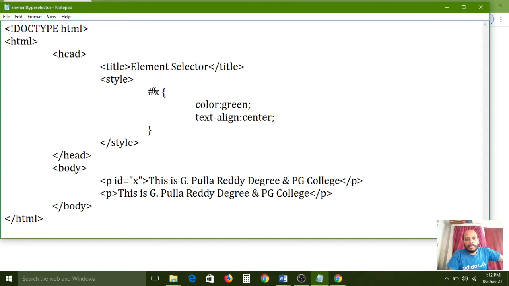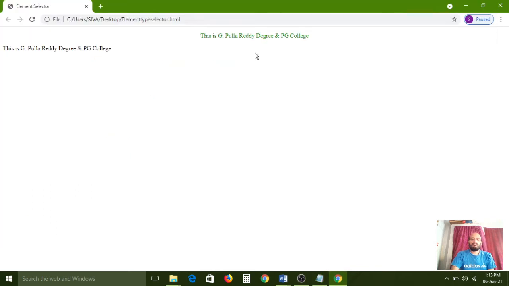But while creating CSS styles with ID selectors, for that we use the hash symbol. It can uniquely identify the element in the web page. So here, for the one paragraph, I applied styles. The remaining paragraphs I should maintain normally in my web page.